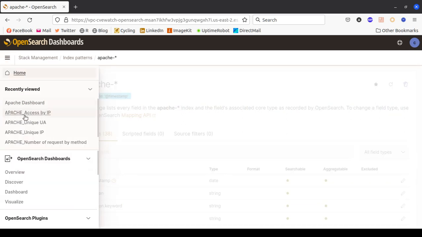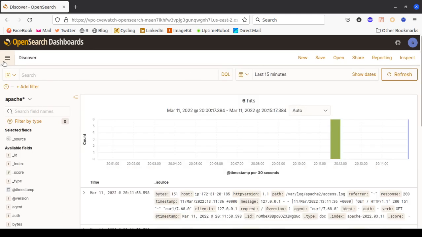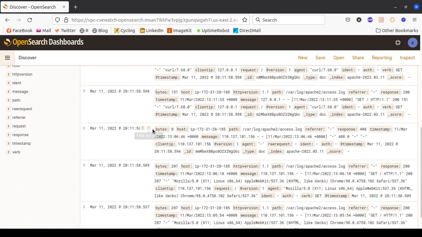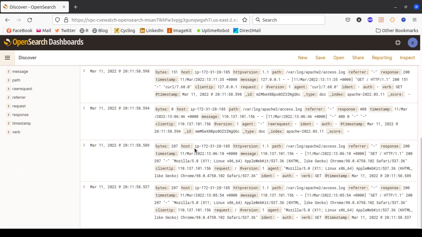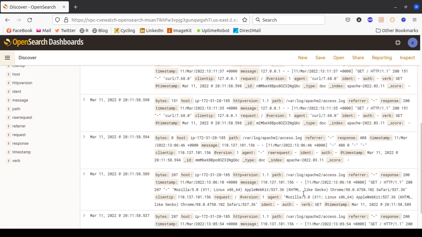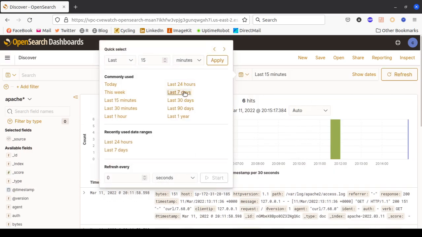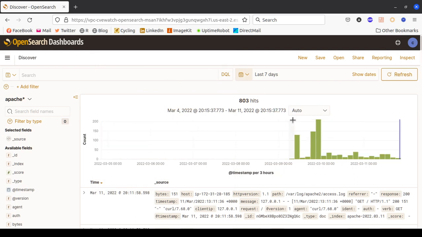Now I already created the index pattern, and I can do the visualization. There is no problem for that. I already created the visualization for this, but let's see the Discovery first. Discovery is the menu for you to see the raw log that's sent to the OpenSearch. So this is for the last 15 minutes. We can see it's quite okay. 6 requests, not only from my side, I think. Okay, let's add more, like last 7 days. No, okay. Oh, it's there, yeah, because I already opened this for the last 3 days since 9 March. So we can see around 800 hits or logs actually parsed from the Apache log.